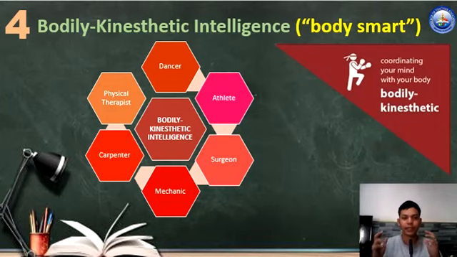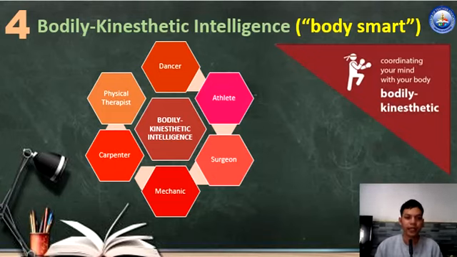So body-kinesthetic intelligence is the potential of using one's whole body or parts of the body, like the hand or our mouth, to solve or to fashion products. So people with body-kinesthetic intelligence, such as Michael Jordan and Simone Biles, have the ability to use one's own body to create products, performance skills, or solve problems through mind-body union. So the possible career choices for this kind of intelligence are the dancer, athlete, surgeon, mechanic, carpenter, and physical therapist.